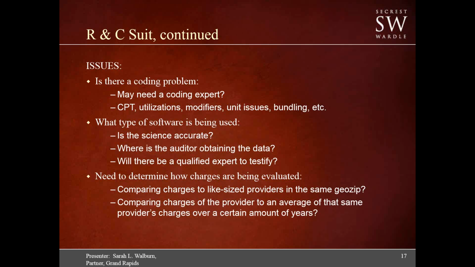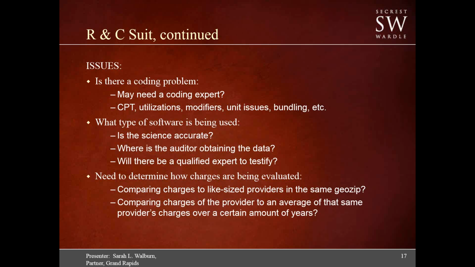So if we have an MRI bill, for example, let's say we have an MRI bill from Spectrum Health. This is where we usually run into it. And for some reason, the auditor is comparing MRI bills over 3 years and averaging them, but come to find out they're averaging the past 3 years of Spectrum Health MRI bills as opposed to comparing those charges to Bronson, Borgess, whatever the case may be. So that provider is saying, hey, you're cutting our bill based on an average of our own bills. That becomes a problem. So we need to make sure that the auditor is comparing the charges to like-sized providers